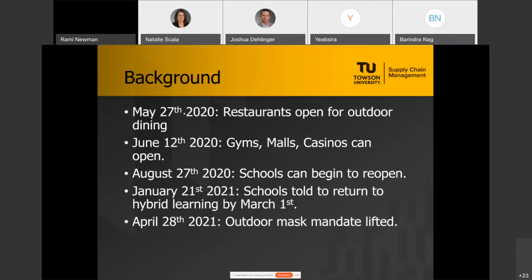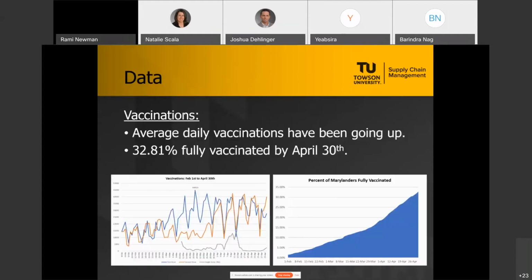On August 27th, schools were told to begin the process of reopening, and on January 21st of the next year, schools were told to be expected to return to hybrid learning by March 1st. And just recently, on April 28th, the outdoor mask mandate has been lifted. So we'll get into the data now,